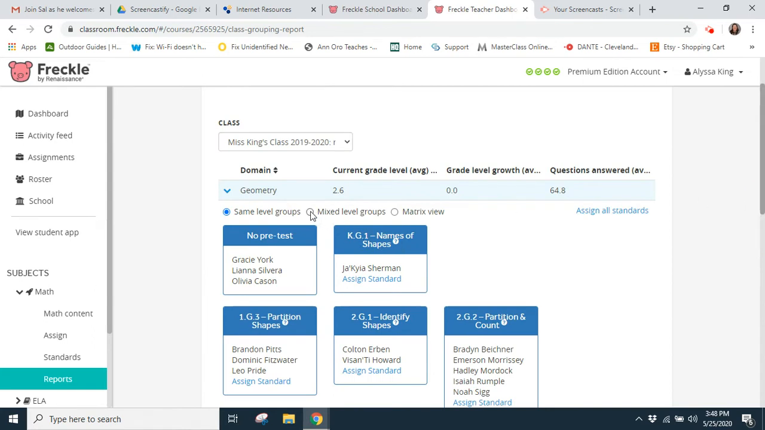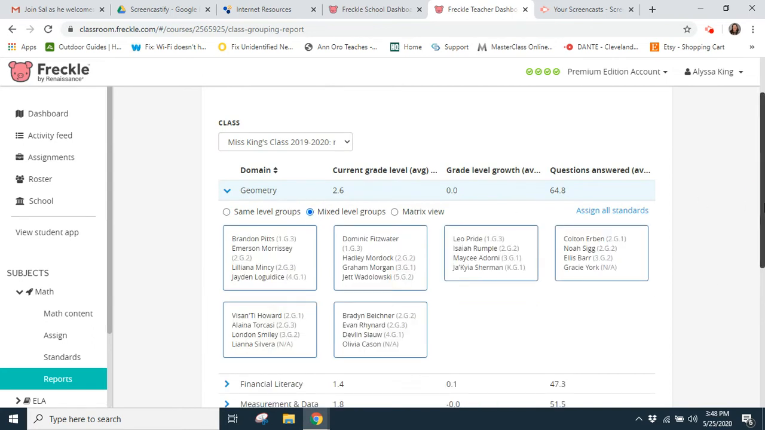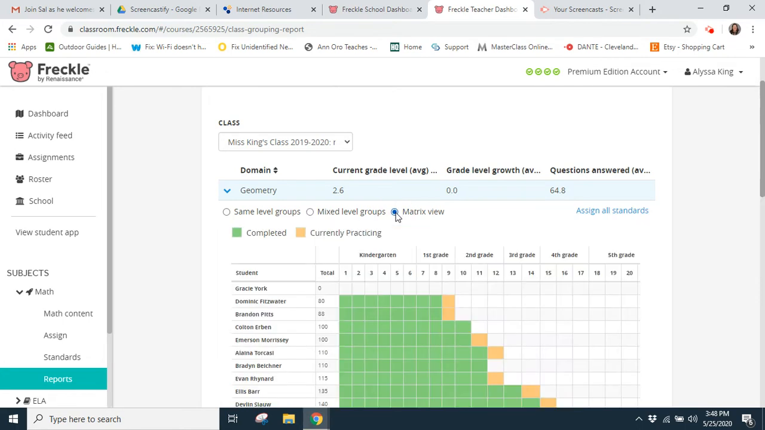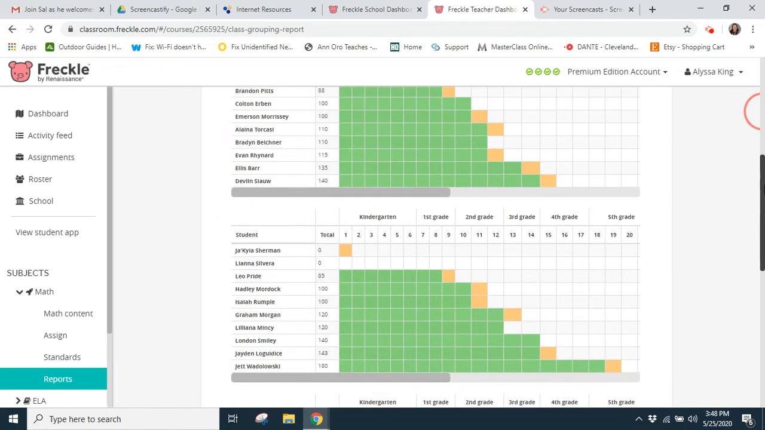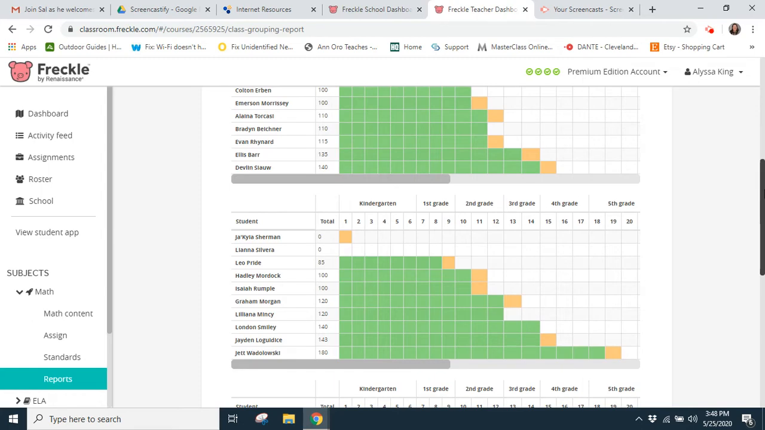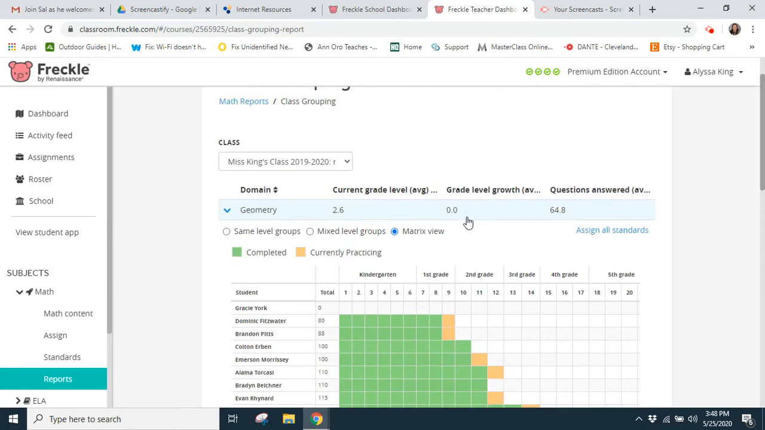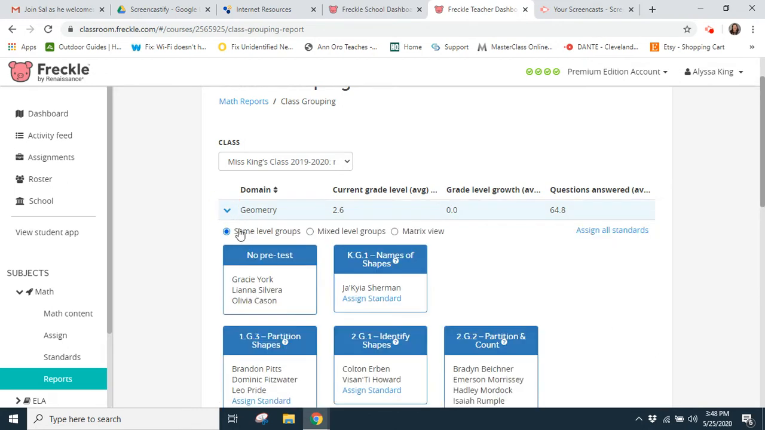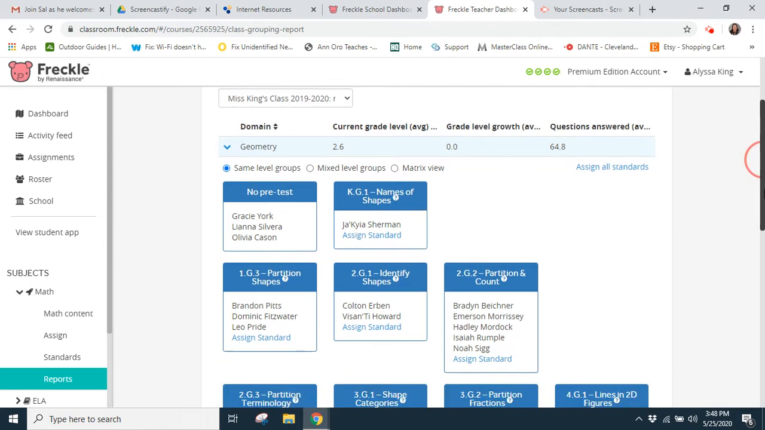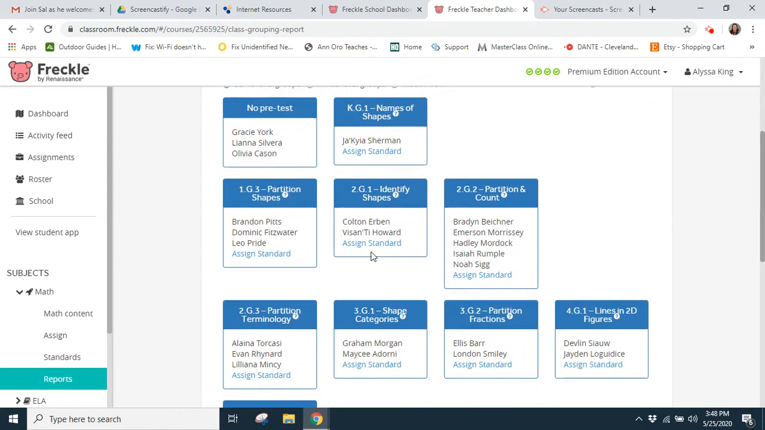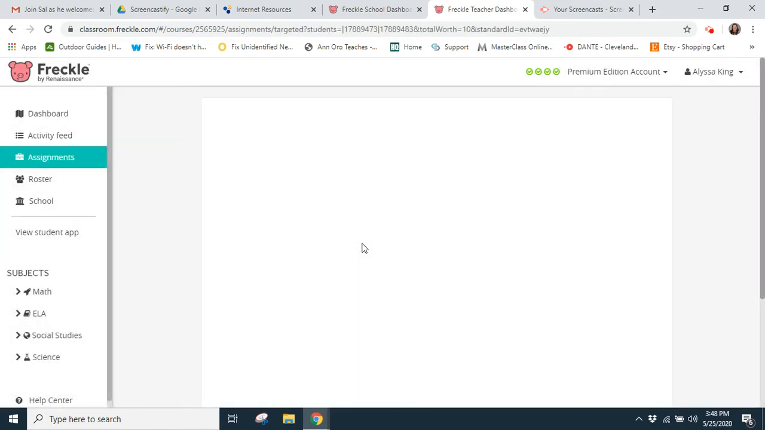Now, it does give you some options. We can do mixed level groups. And so if you do that, it's going to put students of different abilities together. The matrix view, if you click this, this is going to give you kind of bottom to top as far as where they are in progress to give you information by that. And so I'm going to go back here and just take a look at my same level groups here. And I can see that immediately at the bottom of any of these groups, it says assign standard. And so if I click on that,